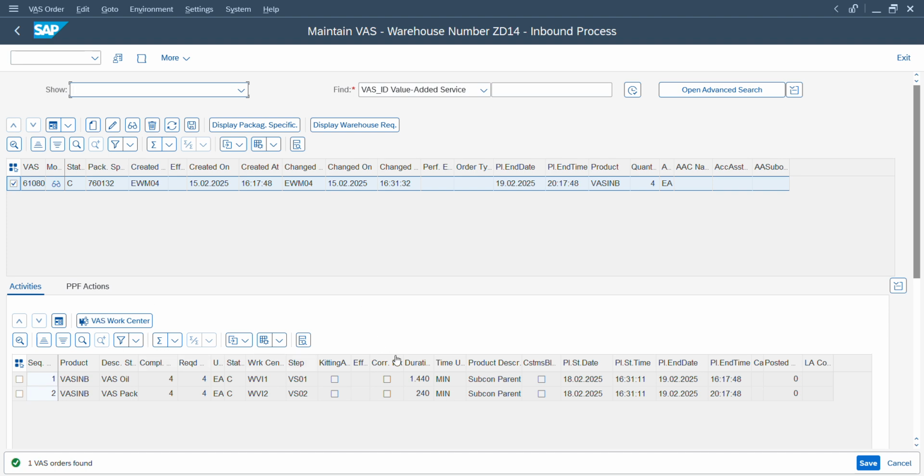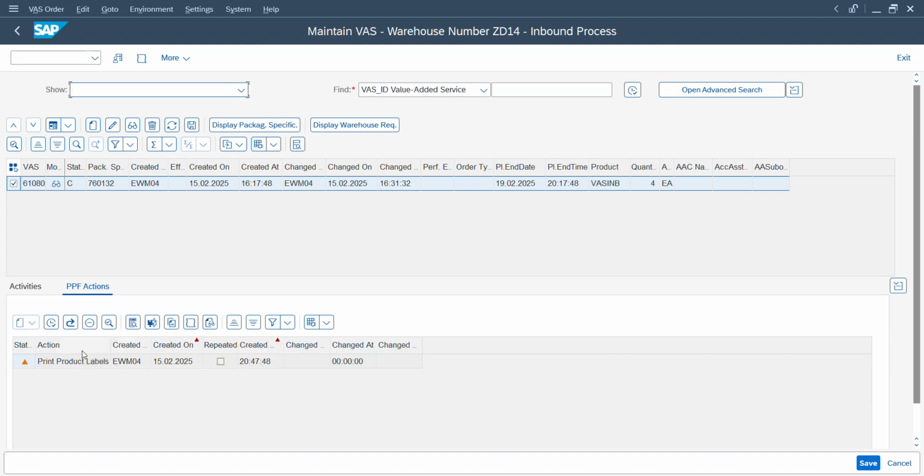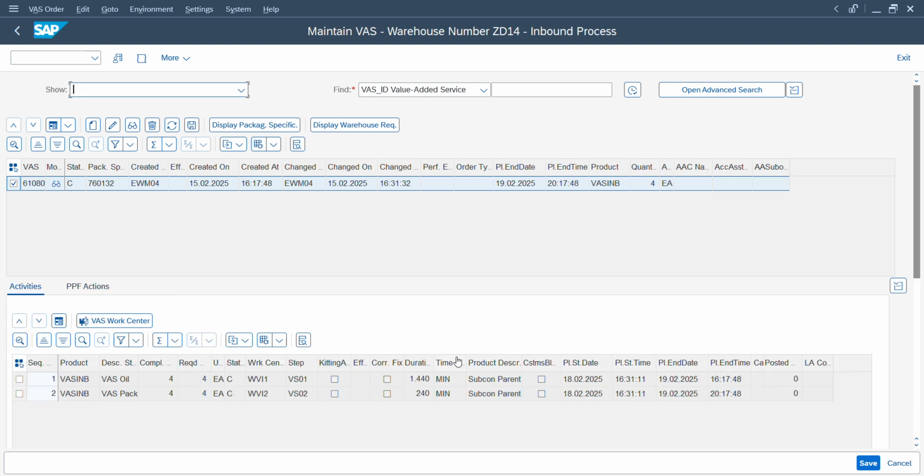There is a specific transaction code. We'll see the transaction code, and this is the PPF, where at the VAS work center the operator can print the labels, etc. So I've configured it. We'll take a look at the PPF also if time permits, and then these are